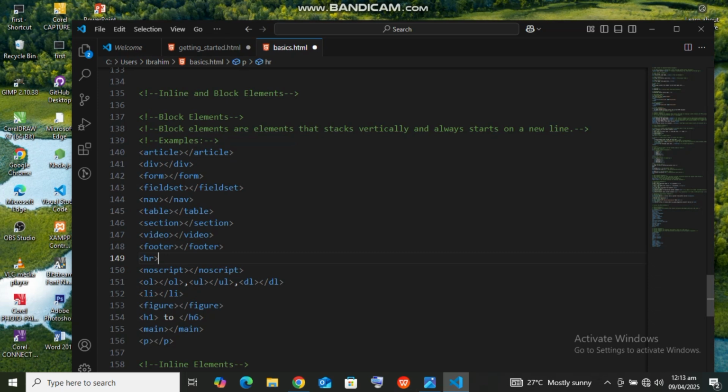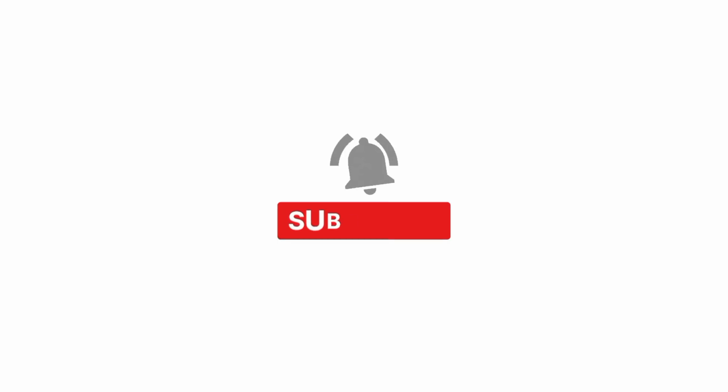HR does not have a closing tag. Let's look at it very well. HR means horizontal line, and it doesn't have a closing tag. There are some elements that don't have closing tags. An example is image; image does not have any closing tag. Input is also a form element that doesn't have a closing tag. HR as well does not have a closing tag. We have noscript. Noscript is also a block element. Noscript and HR are block elements, that is, they stack vertically. We have lists: ordered list, which is OL, unordered list, which is bulleted, and you also